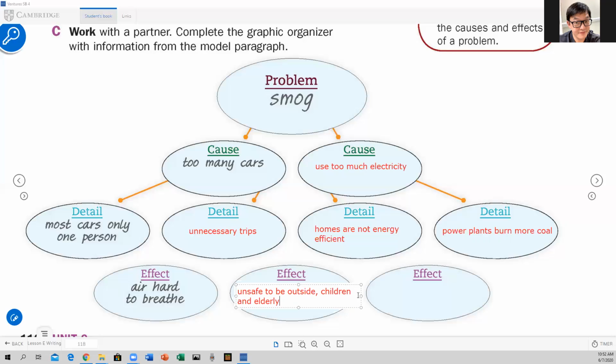Yeah, it's unsafe to be outside, so people have to be careful, especially children and elderly, because of the smog. And what else happens as an effect of the smog? Yeah, it kills trees and plants. That's the other problem of smog. Okay,